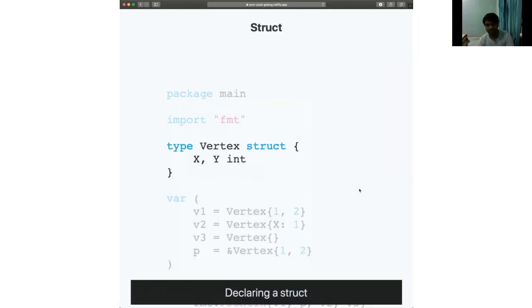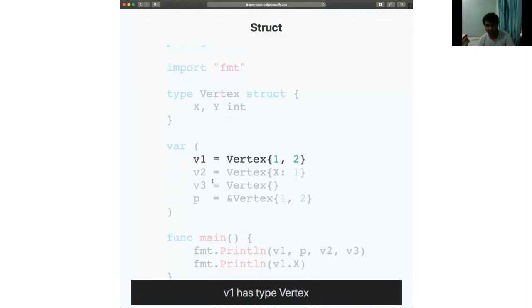So now let's quickly look at structs. This is how you declare a struct. You type the name of the struct, and then you use the keyword struct, and inside it, you just list out all the variables. Like you can list x, y int, and you can have more lines if you have more variables. But unlike C or C++, you can't have class methods. I guess the right word would be class functions. There is a way to make methods in Go, which I'll briefly talk about later. But this is how you essentially declare a struct.